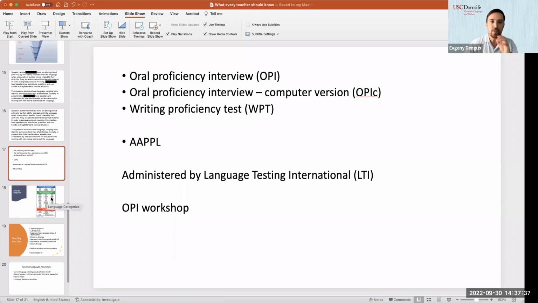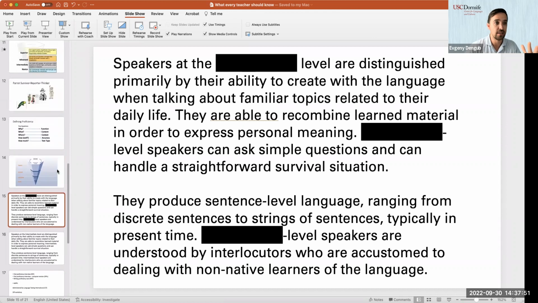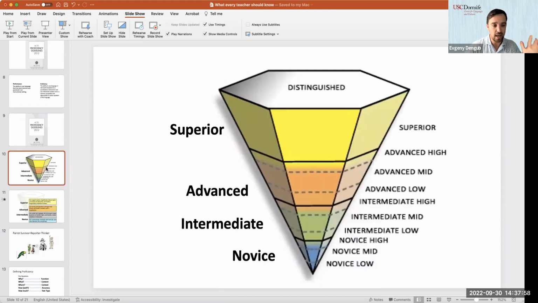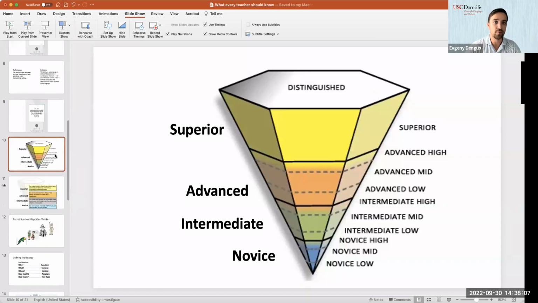Okay, any questions about proficiency, about the levels? It was a very brief introduction. I'm happy to do another workshop when we talk in more detail about proficiency levels, but I just want you to know that proficiency guidelines exist. This is the standard, this is the norm. These are the names of levels which we use when we talk about language teaching and learning, and you should know how to find more information. Any questions?